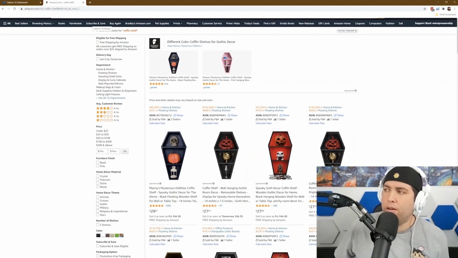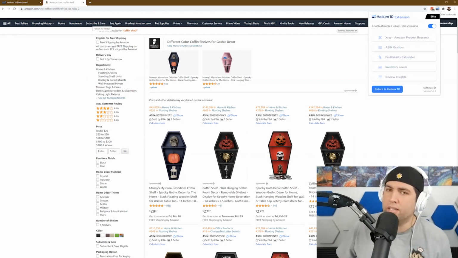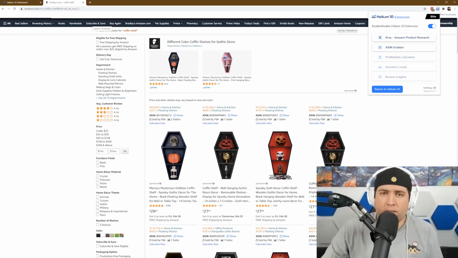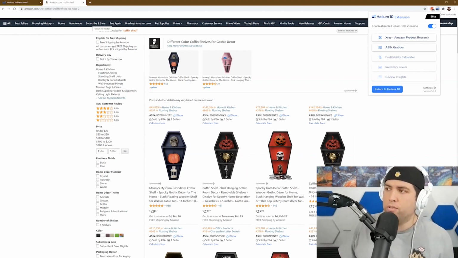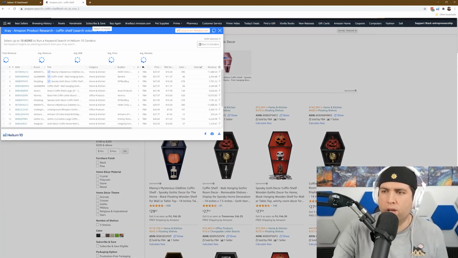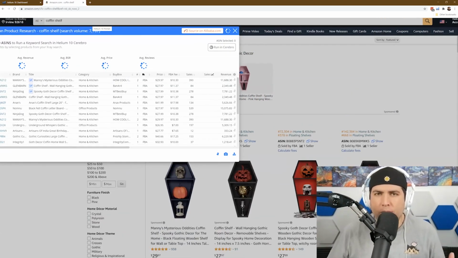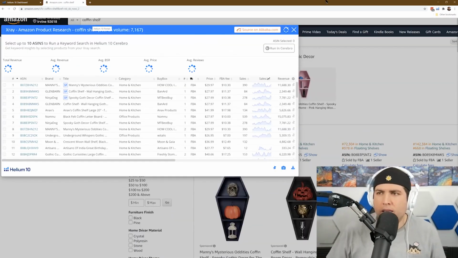So if I'm here on this page, our main tool that I think everybody knows is X-Ray. And the Chrome extension, we just hit 500,000 users. So a lot of people probably know this tool even more than our regular suite. We can see all of the overview of what's happening here on page 1. What's the estimated sales? How many people have searched for this keyword?